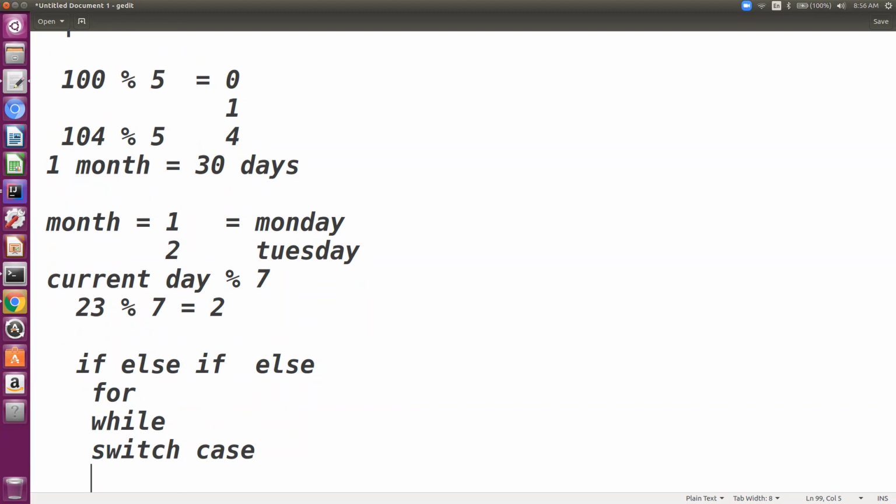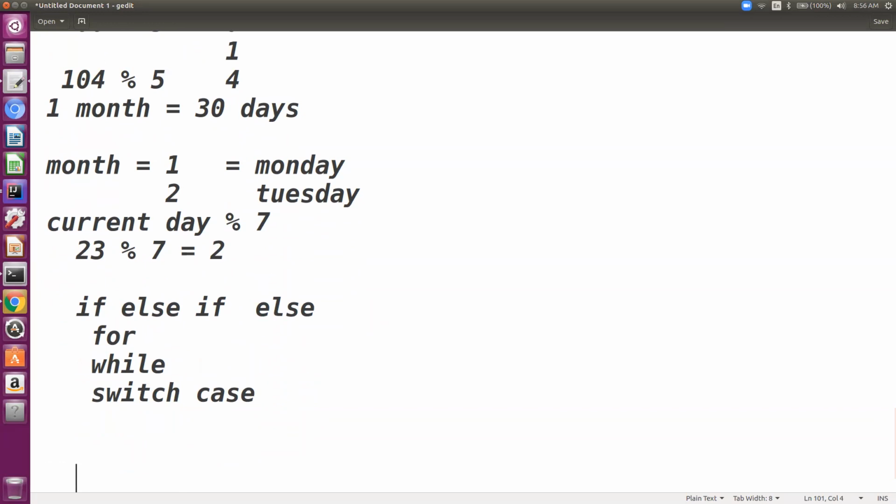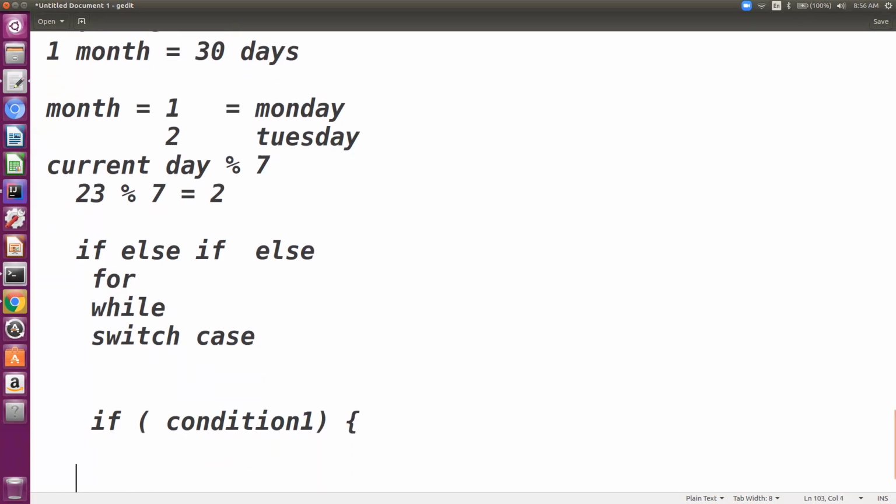So let's briefly cover this, because in any case we have only 4 minutes. When you are writing logic, you will always require something like: if condition is situation A, then I have to do something, and if situation B, then I have to do something else. In such a case you make use of the if else block. What it means is, if condition 1, then execute this part, whatever is here, execute the code in this curly brace block.